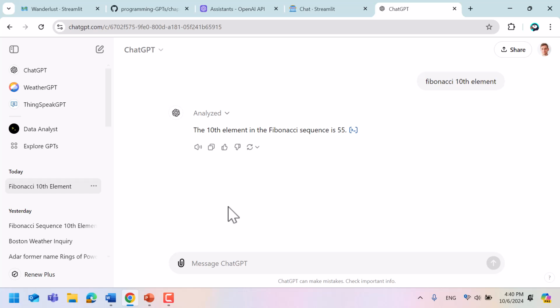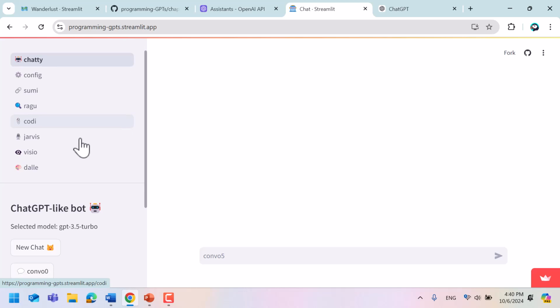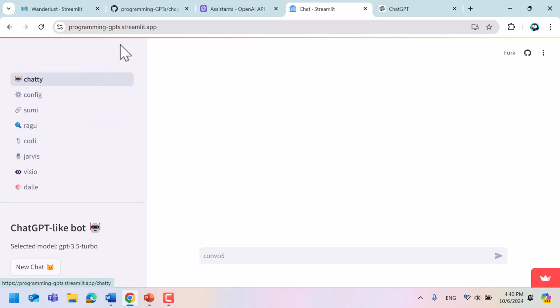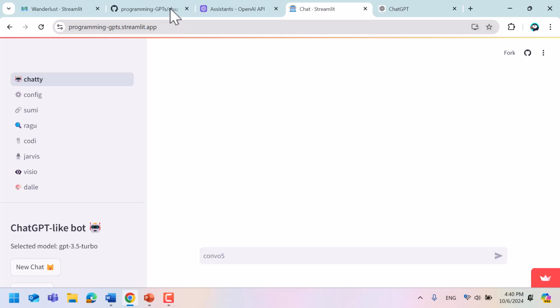Now let's take a few steps back to understand what you actually need in order to create your own agent. So here I've implemented a bunch of them. Here you have like a whole army of small agents, essentially, that all have their own specialty. This is an app that you can also replicate yourself. It's, well, the name of the lesson, programming gpts.streamlit.app. And I've implemented a bunch of them.